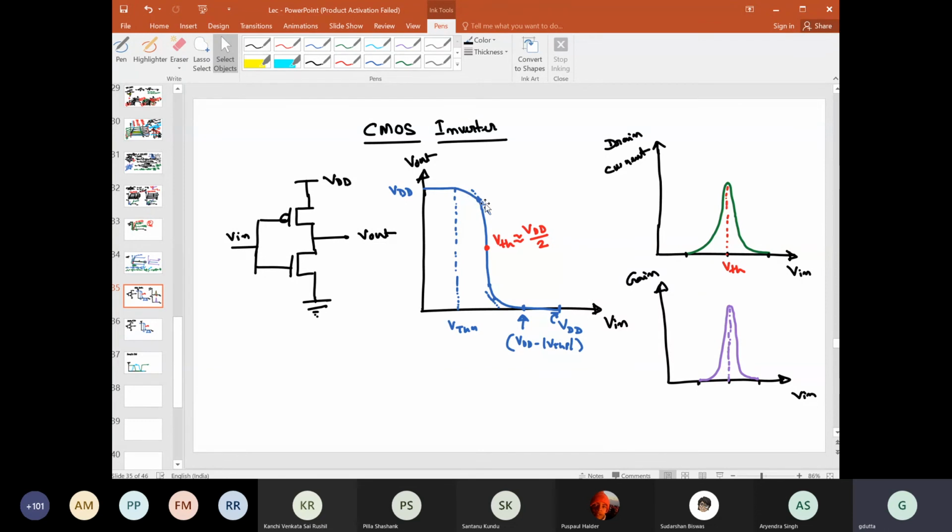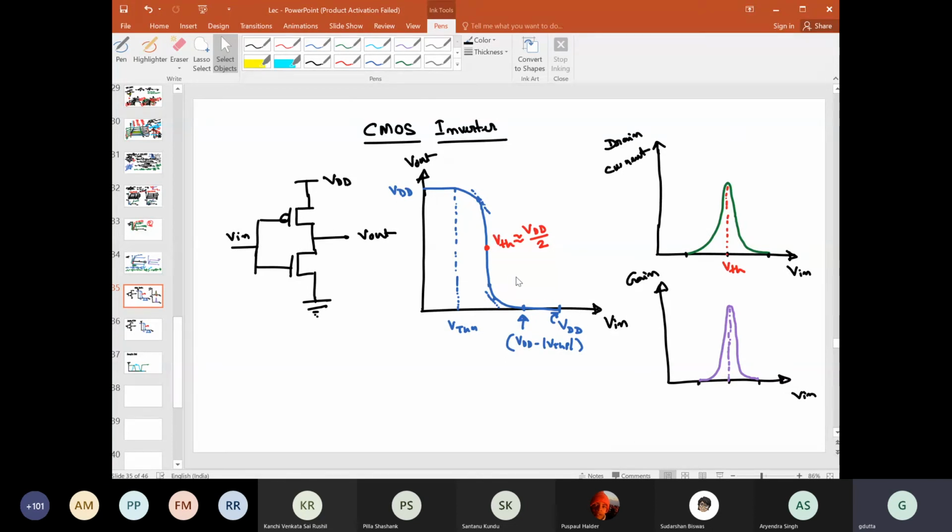Then it will get down, right? After a certain point, it will fall very sharply. Then again it will show this quadratic nature, right? And beyond this point, that is VDD minus mod of VTHP, this transistor will again become off, right? So your Vout will now be completely discharged and connected with the ground, so it will be constant at 0 volt.